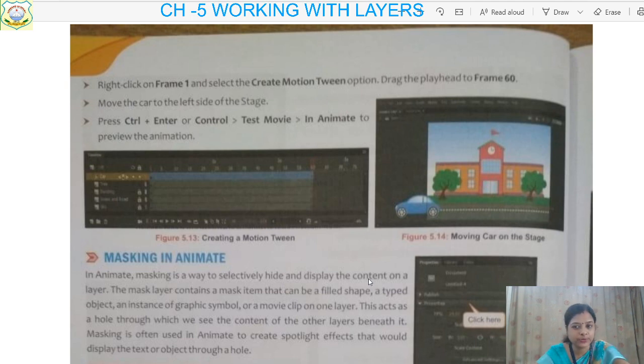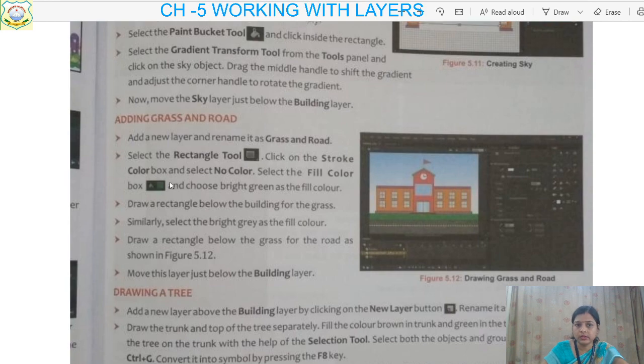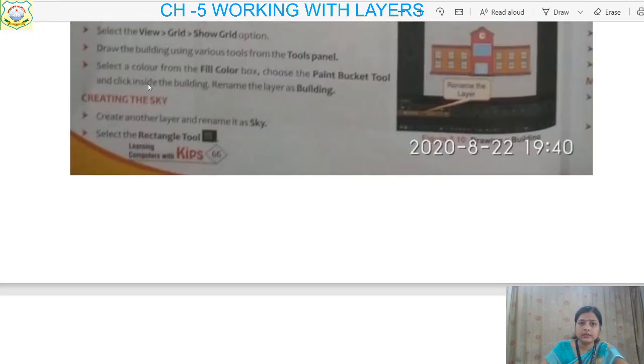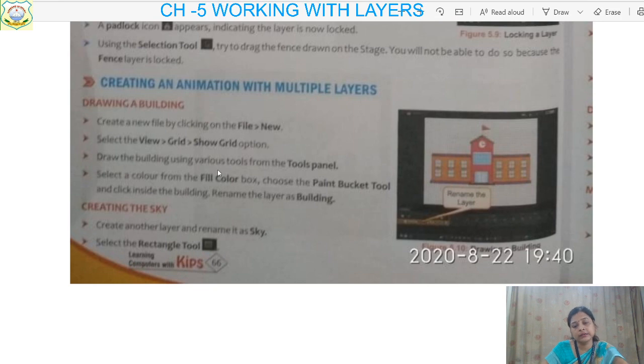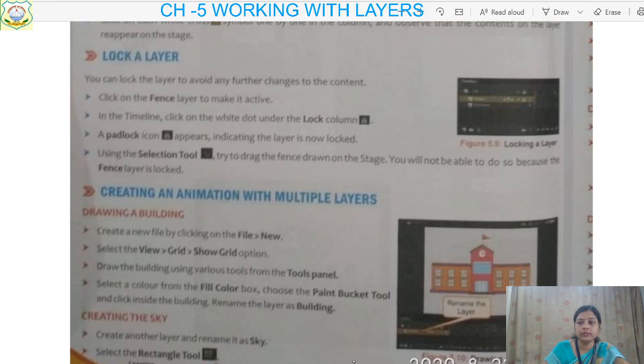So now let's see how to do it. Now it's time to do it practically. Okay. Theory portion I have shown to you. No need to read it, because each and everything which is written here, whatever is written in here, select this, select that, draw this, select gradient tool, insert a layer, rename it, everything is a practical one. So we will do it practically. Then it will be clear to us. Okay children? So now I am going to show you the practical part.